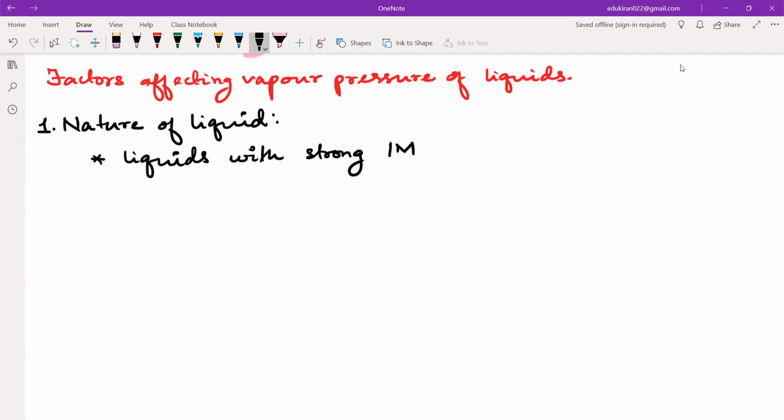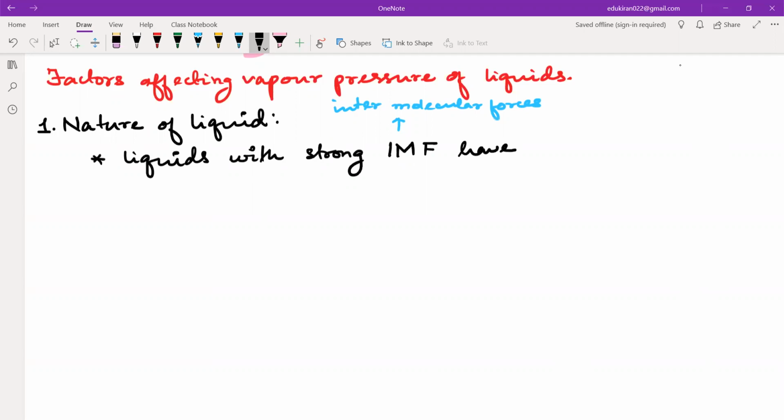What is IMF? Tell me. Intermolecular forces. Yes, correct. Let me write it here. So liquids with strong intermolecular forces